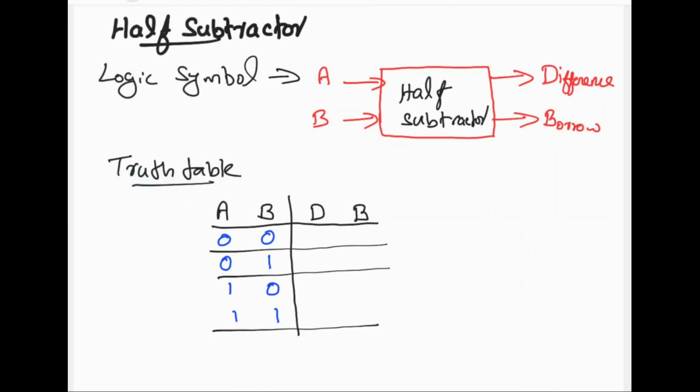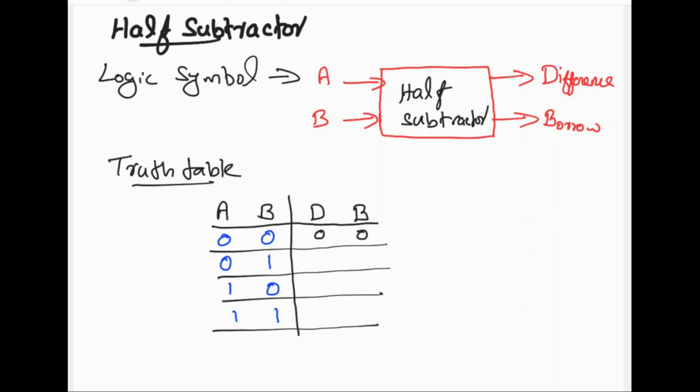So first we will see case number 1, that is A 0, B 0. If we subtract 0 and 0, we will get the difference 0 and borrow 0. What about 0 minus 1? Smaller number minus larger number. Yes, we can subtract, but we will take a borrow from the previous